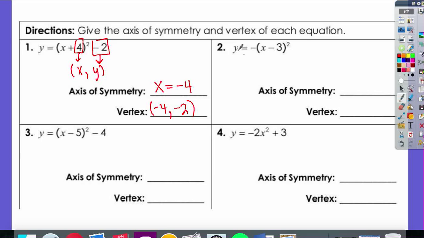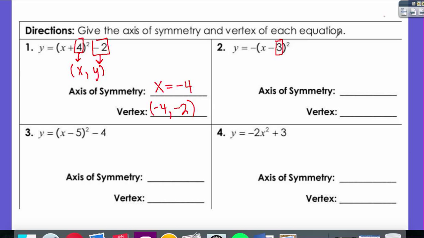All right, number 2, same situation, trying to find the axis of symmetry. So I know that this number here represents the x-coordinate where the line's going to go through. That minus is a part of the form, so I'm only taking out the 3, and I know that the equation for the axis of symmetry is x equals 3. So taking out the vertex here, that 3 itself is the x-coordinate, and since there's no plus or minus here,